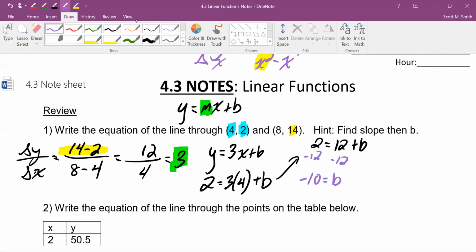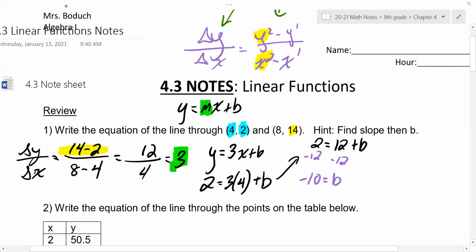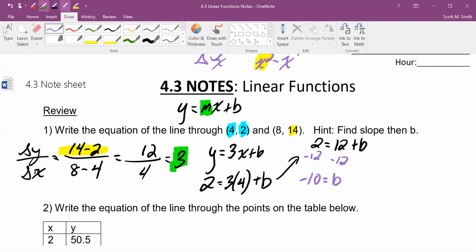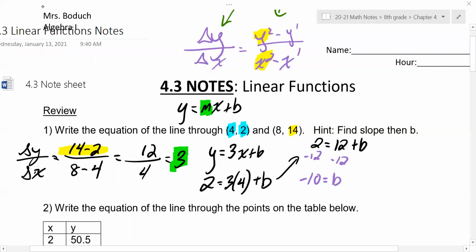What we're doing is finding little pieces and applying them: here's a y value, I can plug that in so I can find one of the other pieces, the slope or the intercept. Since I know my slope and now I know my intercept, my function is going to be